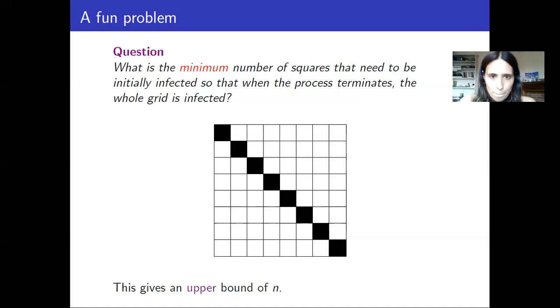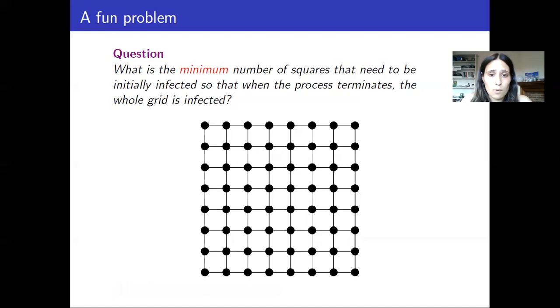Okay, so I promise you I'll tell you the answer to this at the end of the talk, but I also said that we were going to talk about processes on networks, and what I've done so far is I've given you a grid. So what does this have to do with networks? Well, you can express this grid problem as a process on a network. So if you look at this graph here, we've got one vertex for each square of the grid, and we join 2 vertices if they're neighbors in our grid. So the question that we asked about the grid actually can be translated to an analogous question on the graph.